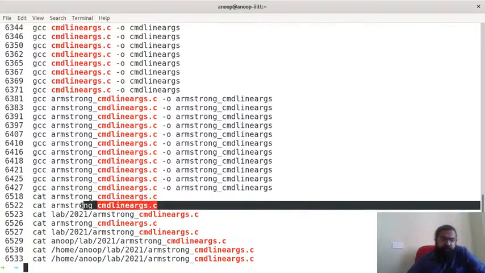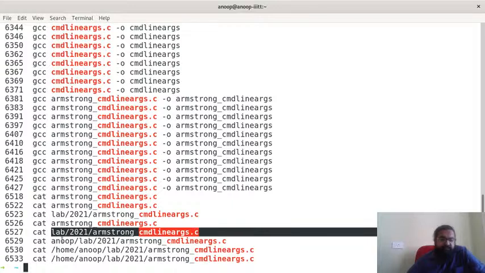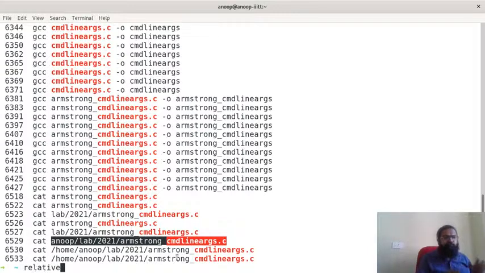In this one, this is Armstrong.c, this is lab/2021/Armstrong.c and anoop/lab/2021/Armstrong_command_line_arguments.c. These are all relative addresses. These are all called relative addresses. What is relative? When two cars are going at the same speed in the same direction, then their relative